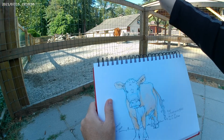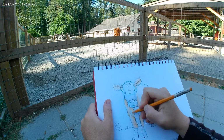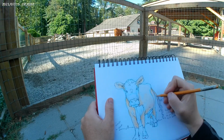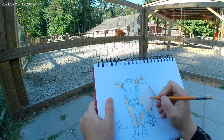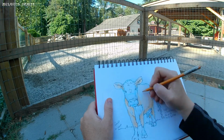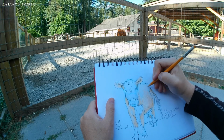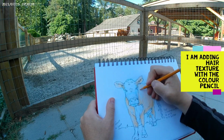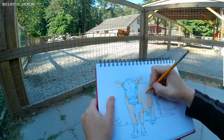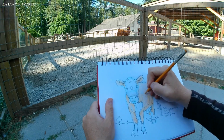I see reds, I see yellows. So on top of this color that I'm using, I'm gonna have some fun and experiment. That was our belly. And look what I'm doing, I'm adding some, also you can play with your shadows and pretend also maybe that there is hair by adding a little bit of lines here and there, because that's very hairy, but it's not long hair, it's very short. So I see patches,